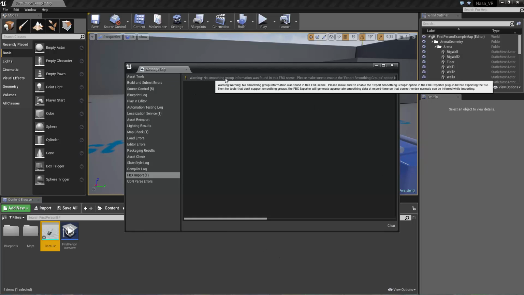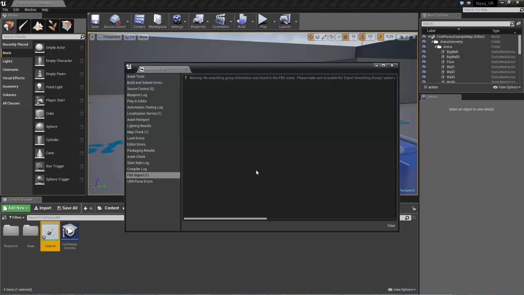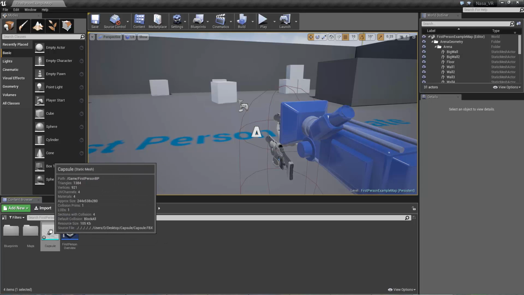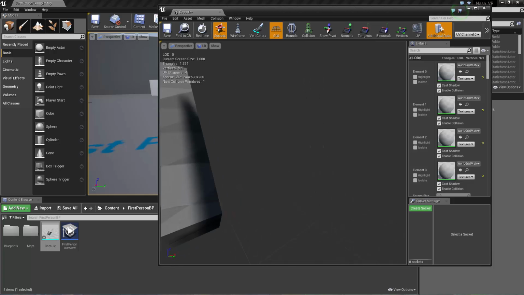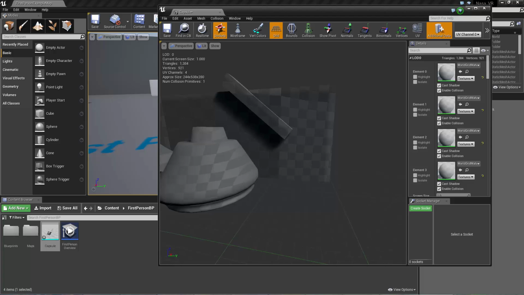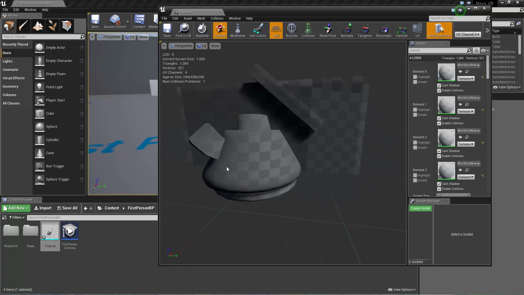It'll give me feedback that there are no smoothing groups. That's fine. I did not set smoothing groups inside of Max when I left Max, so I know I don't have smoothing groups. If I double click on my capsule right now, you can see here is my model. It's got all the pieces to it. It's got all the UVs to it. And it even has